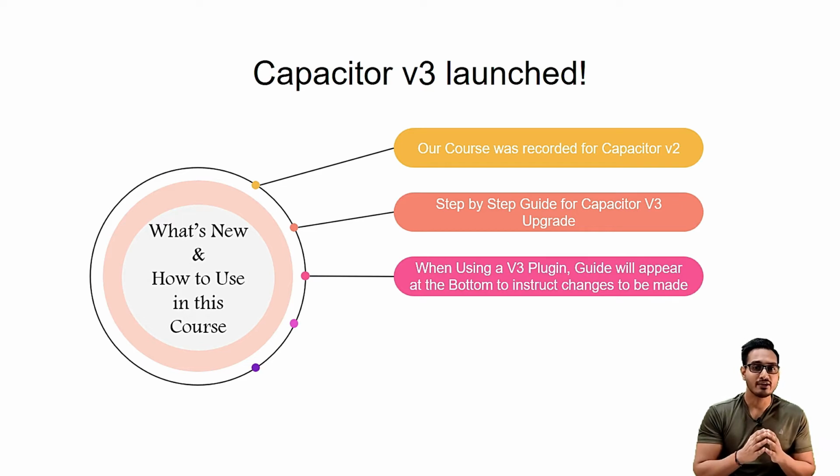And how do you get to know whether you are using Capacitor version 2 or 3? Well, for that you need to go to your Ionic project's package.json file, and there just check the version of Capacitor. If it is around 2.4.7 or whatever version below 3, that means it is Capacitor version 2. Otherwise, if it is 3 or beyond, then it is Capacitor version 3. And if you are installing a new Ionic application, then by default you will get Capacitor version 3 installed.